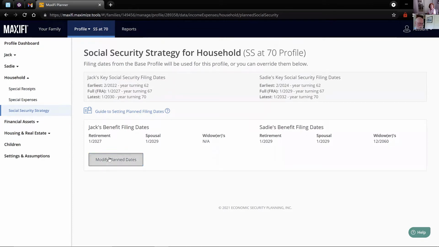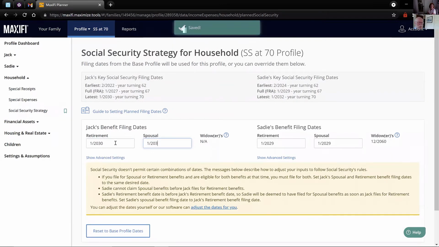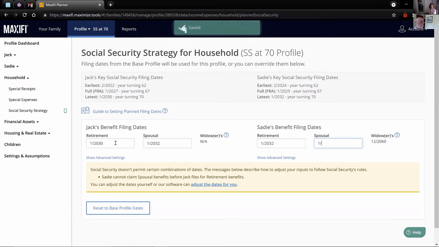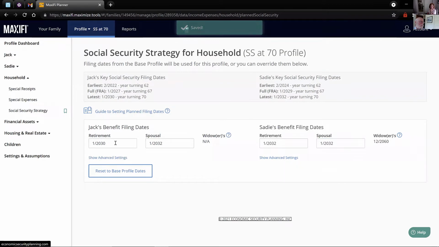So I'm going to modify the plan here. And I can see the dates up here. For Jack, it's January 2030, and for Sadie, it's January 2032. So we'll simply change his date to 2030. That means I have to change his spousal to 2032, her to 2032, and 1/2032. Now I made that look real easy. When you do it,